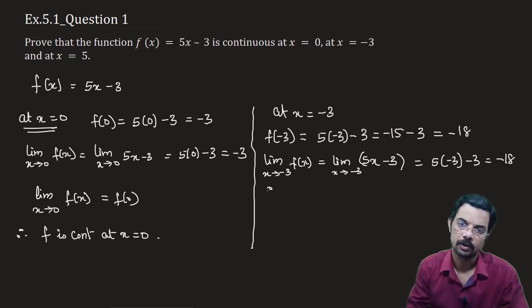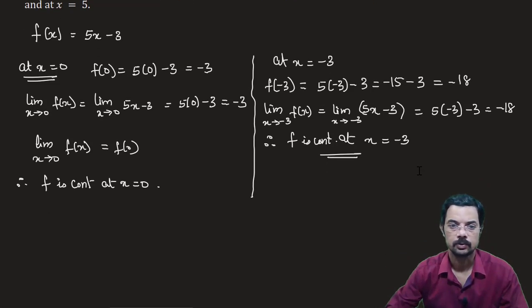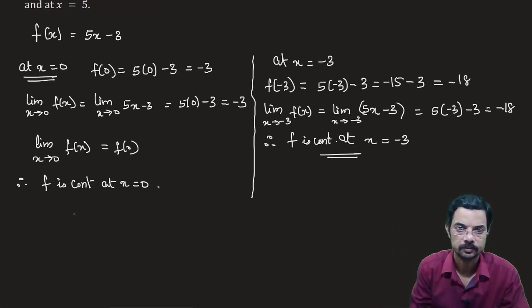So therefore f is continuous at x equal to minus 3. f is continuous at x equal to minus 3. Same way we can prove for x equal to 5. So at x equal to 5,